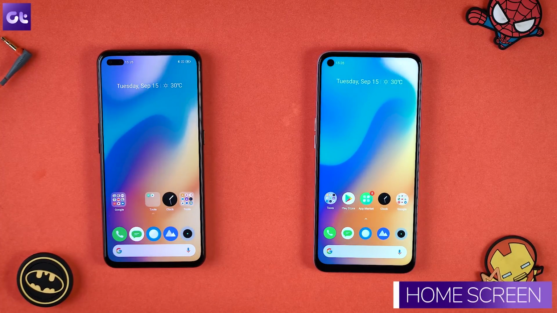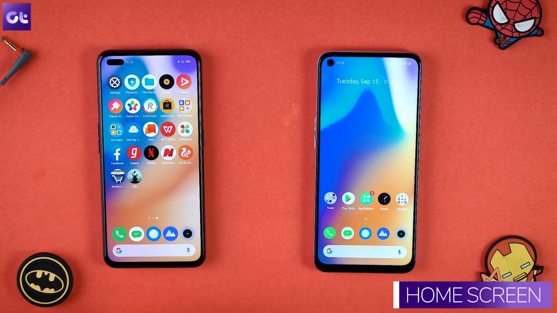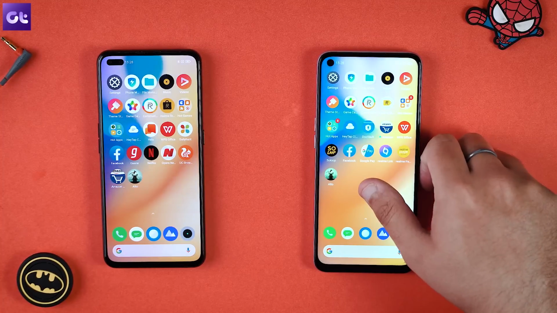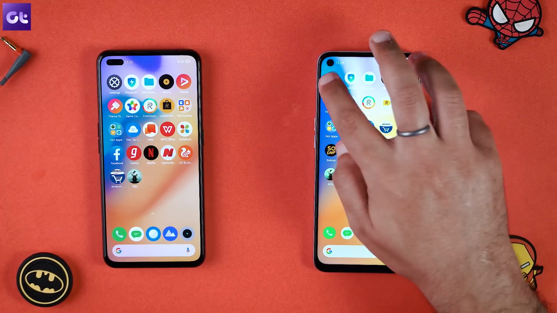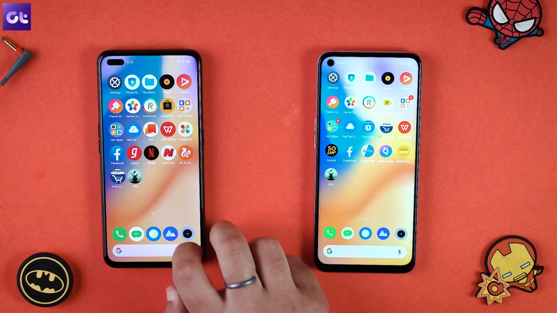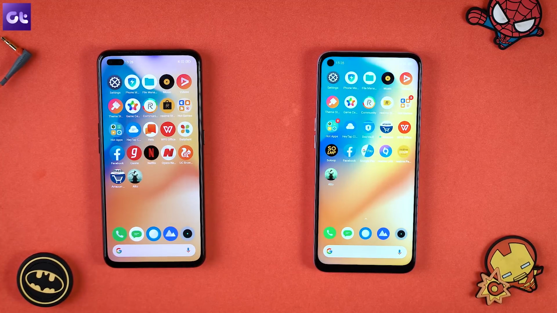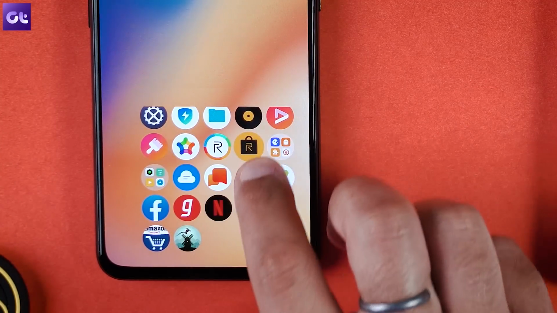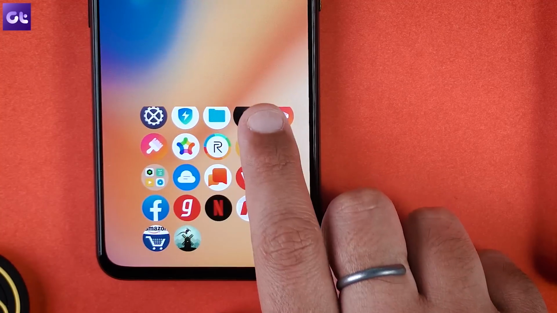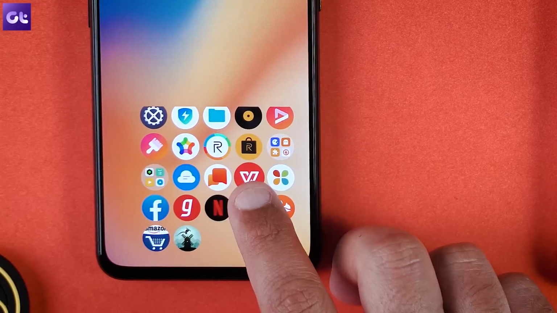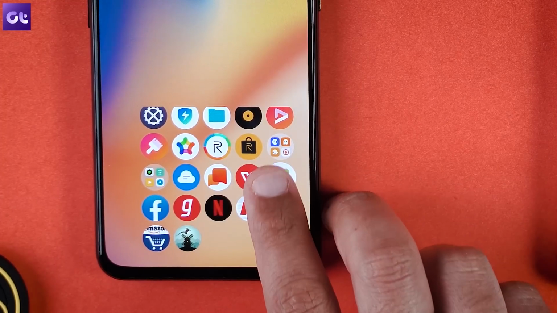I think one of my favorite features to come is the icon pull down gesture. So for instance, you have all these icons on top of the screen, right? Obviously, it's going to be tough if you're using the phone in your hand to actually access all the icons on top. With Realme UI 2.0, you can easily access them by just swiping in from the bottom right corner. So it's something like this, and all the icons just reduce, and you can easily access whichever icon you want to. It makes one-handed usage so much easier.